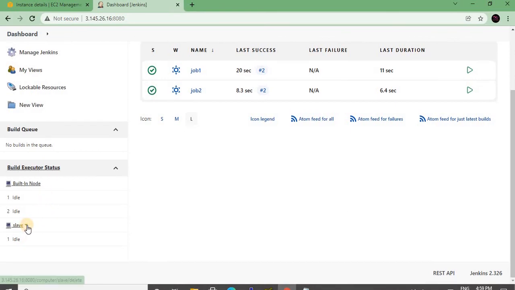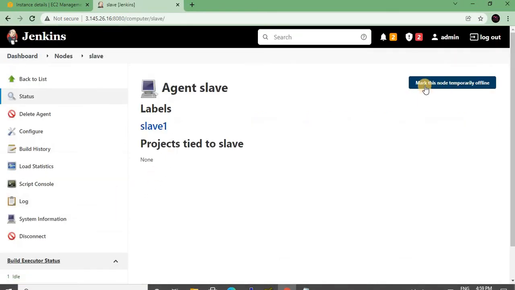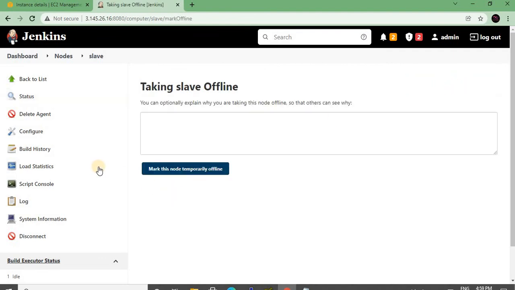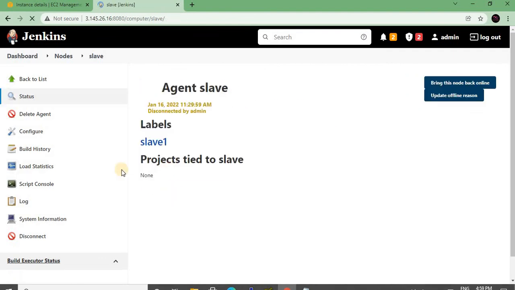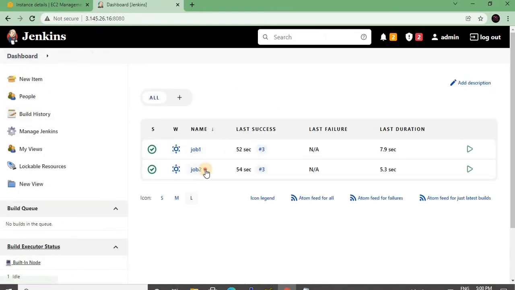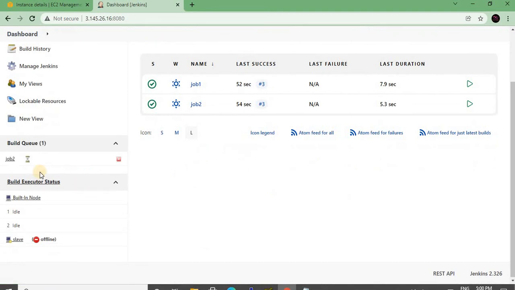And here you can do one thing. Whenever you want, you can make the slave machine offline. Click on slave, mark this node temporarily offline, and come back to the dashboard. Now execute job 2. This is in queue.